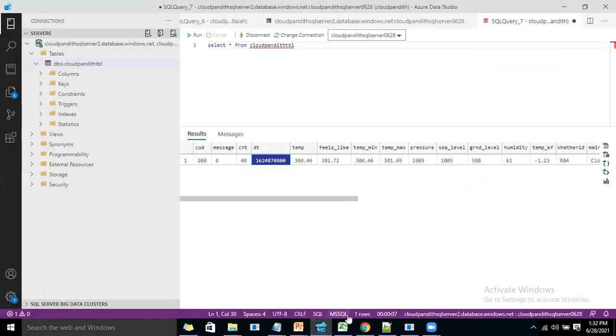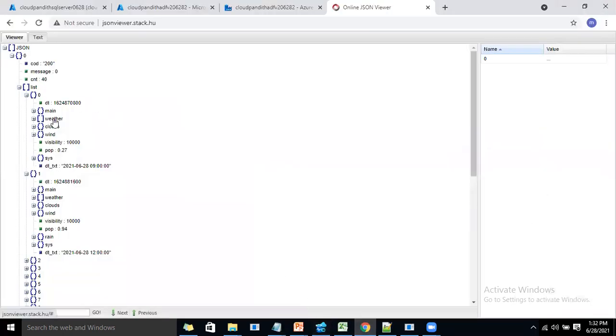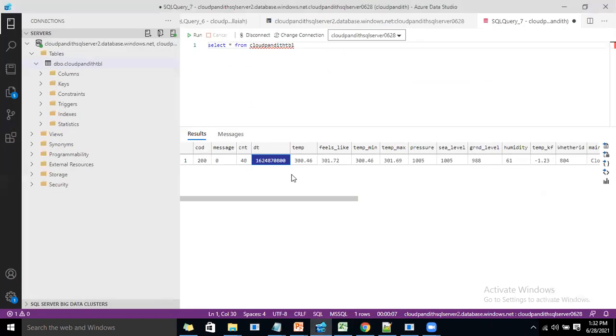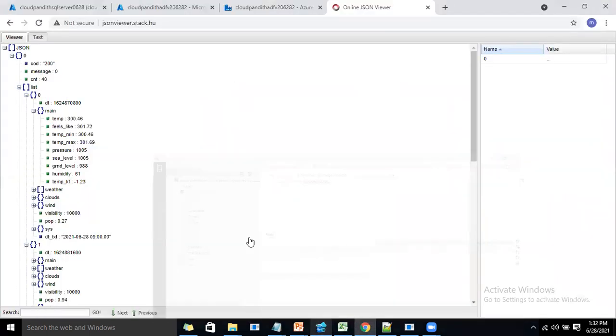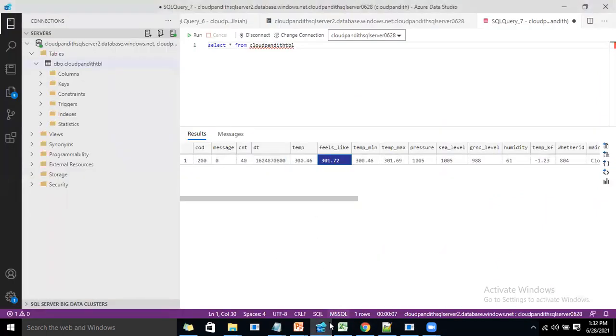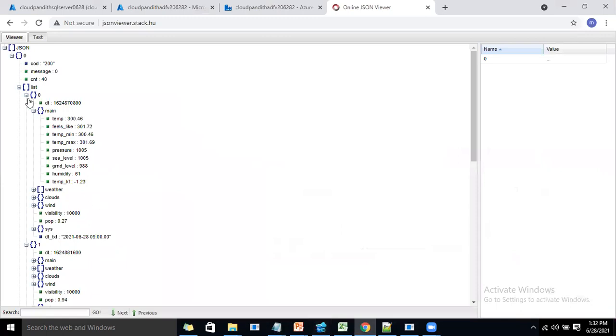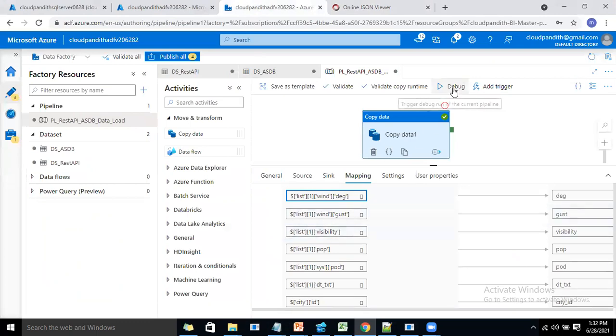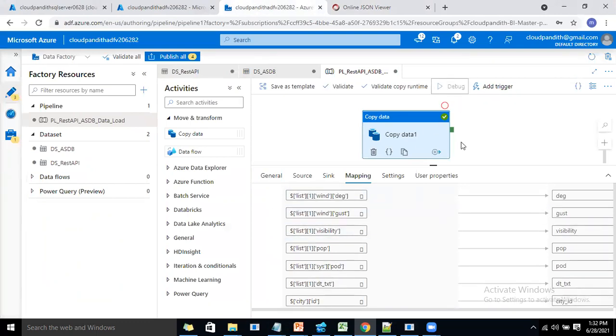It's 800. If you have any doubt, let's look at the main temp value. The temp value is 300.46, and the next value is 301.72. Something like this, we got the first row. Now I manually changed the value from 0 to 1. This will work. Let's debug.